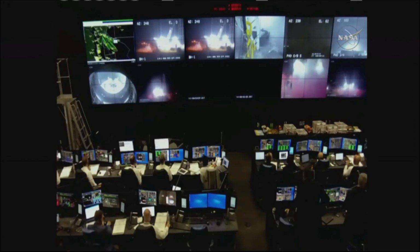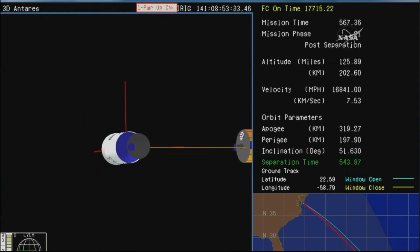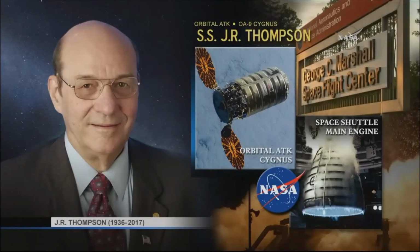And in fond memory of Mr. J.R. Thompson, we wish Cygnus a smooth trip on the rest of their journey to the International Space Station. And so with that, Cygnus now in orbit, the vehicle labeled the SS J.R. Thompson, as it's tradition